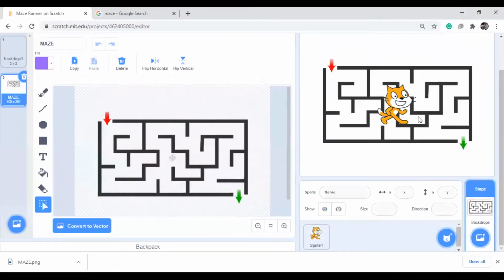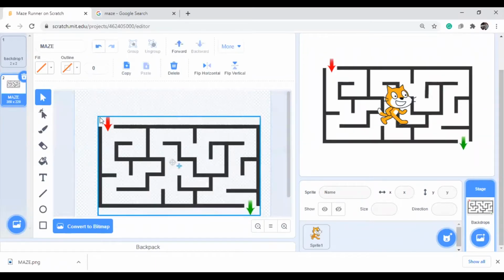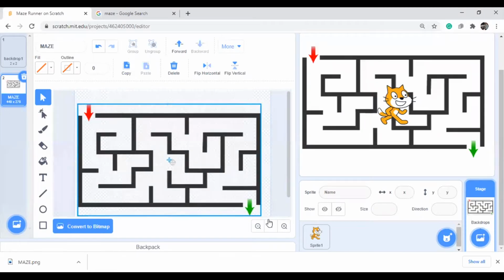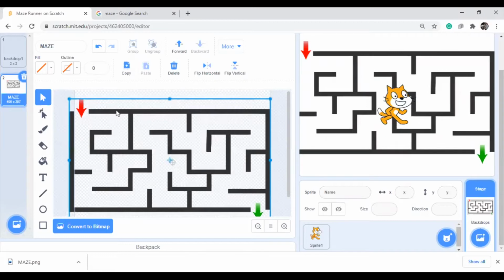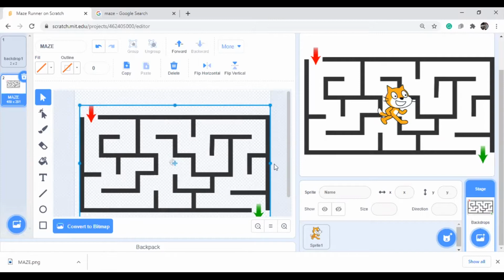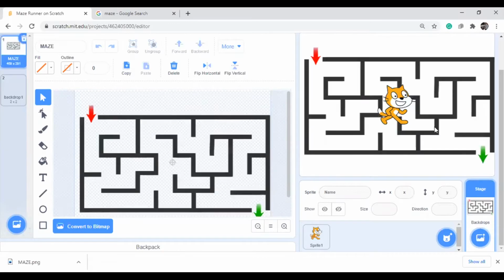Yeah, I can. But here, see, this is not actually coming correct. So what I will do, I will go to this one and expand this one. Is it fine? Still not yet. Still some more. No, it is going out of border. Yeah, this is fine. Now this one is good. I'm leaving this one. Now this is the level one.